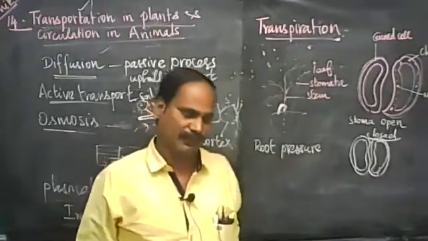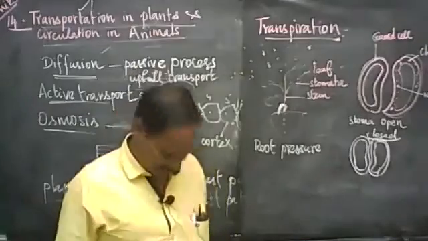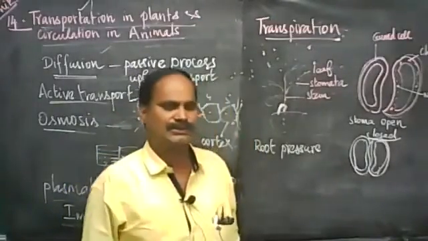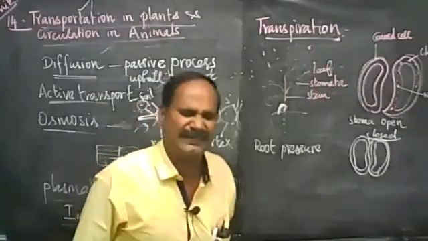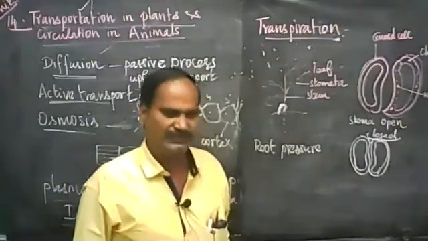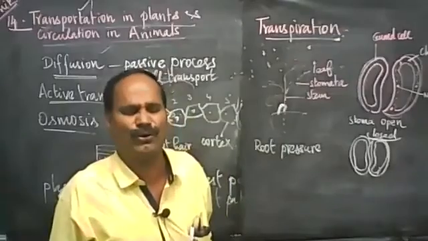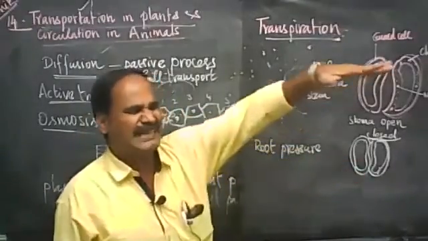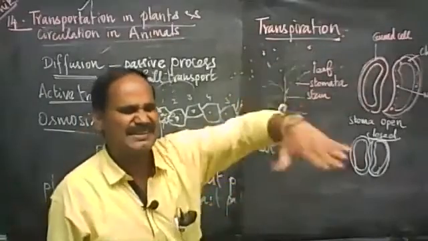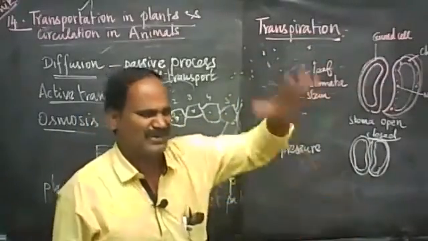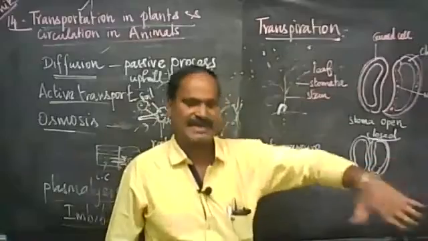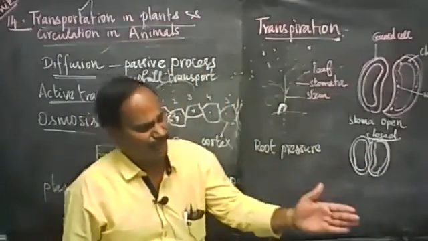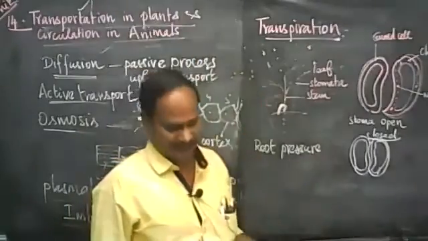The functions of phloem. It conducts organic food. Plants synthesize glucose, which is converted into sucrose. Then sucrose is transported into the plant body from leaves. So leaves are the source. Source is nothing but where photosynthesis takes place in the plant body. That is the source. Then the sink.